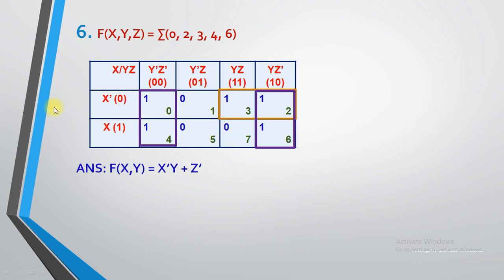Now, see, in this particular example, we need to understand one new concept, that is over here. That means box number 0, 4, 2 and 6. These boxes are the corner boxes, right? So, whenever all the corners contain one value, listen carefully, because the same example we will see when 4 input variable is there.